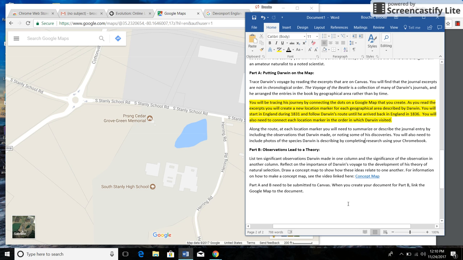Good morning, students. Today we're going to be doing a couple of different things, learning about Charles Darwin and his journey that ultimately changed the direction of science, especially science in terms of natural science. So part of your activity today is going to be creating a map where you've traced Darwin's journey on the